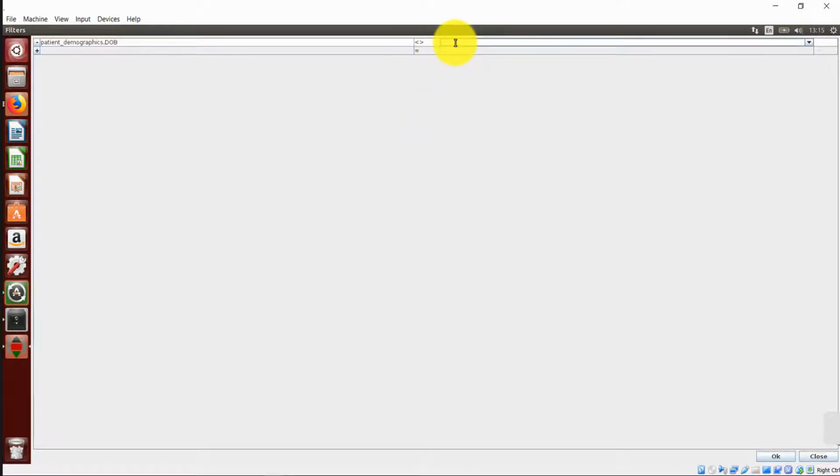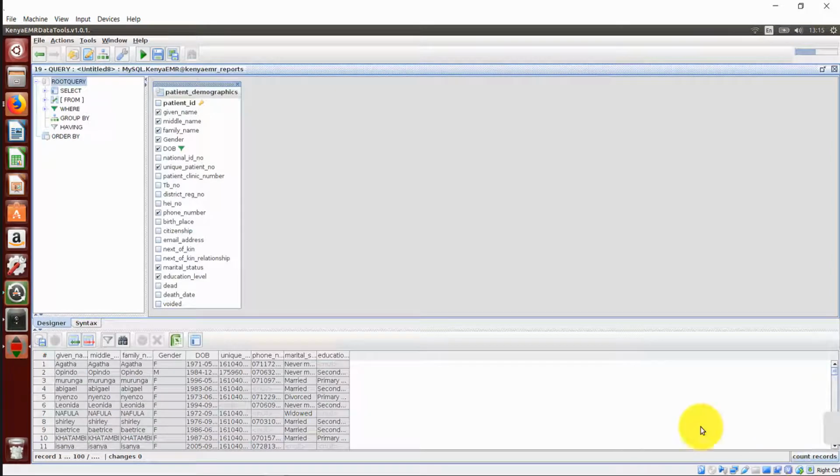Once you itemize your filter parameter, you will go now to the field to type the exact range you are interested in. So I'm interested in a range of 15, separated with a dash, to 50. Then I'll click the OK button to display my report. And there is my report. So filters will enable you to filter reports based on your filter parameters and the characteristics you would like to appear in your report. Let me show you now how to export this to Excel.